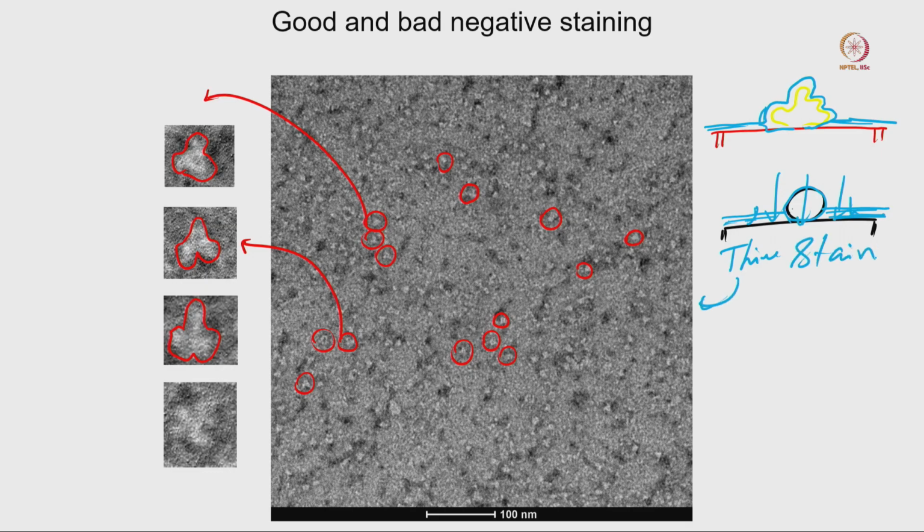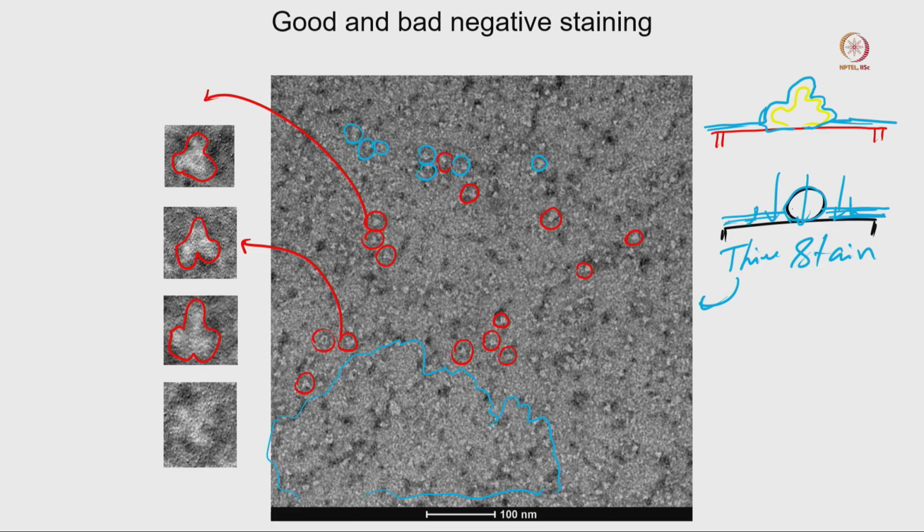I told you that this is a thin stain sample. Here you just consider that in some places, wherever the protein sample is visible, if you look at the surrounding area, there is a very black region in the background, and that is the reason you can distinguish that protein sample. But there are many areas with no stain, the majority of the area, and that is one of the reasons you cannot distinguish your protein molecules very well.